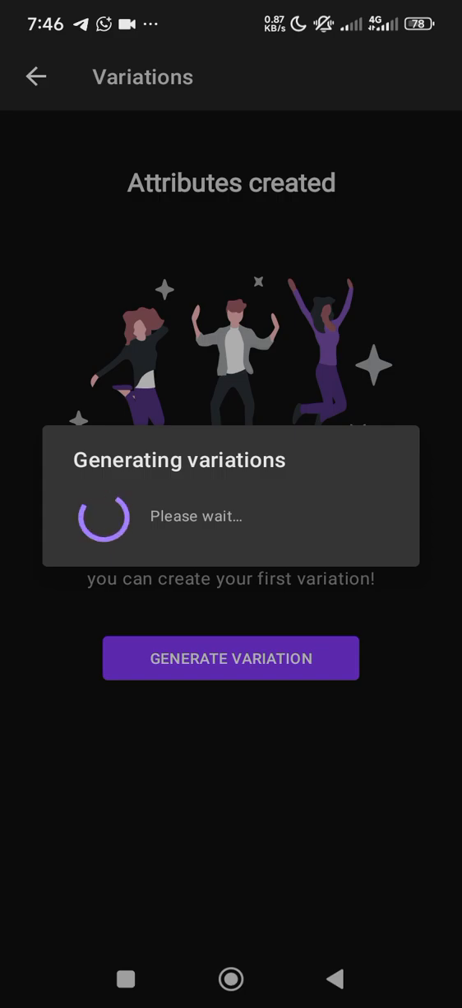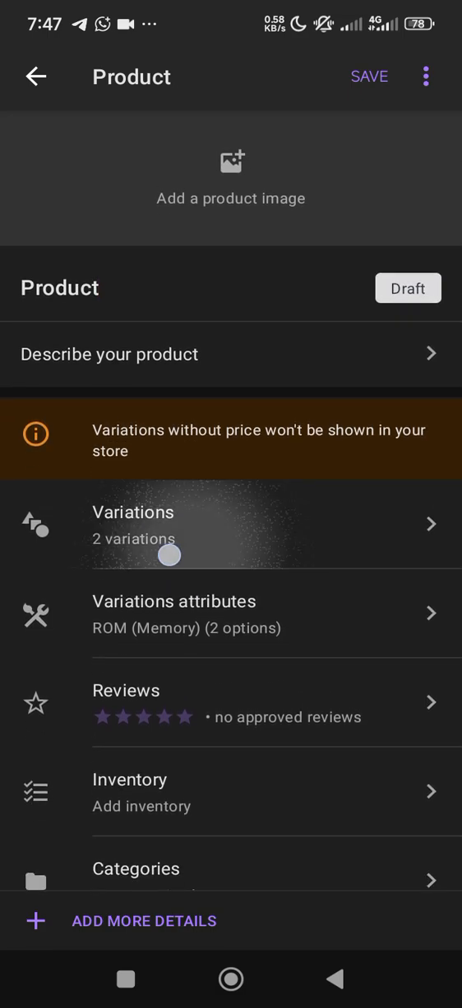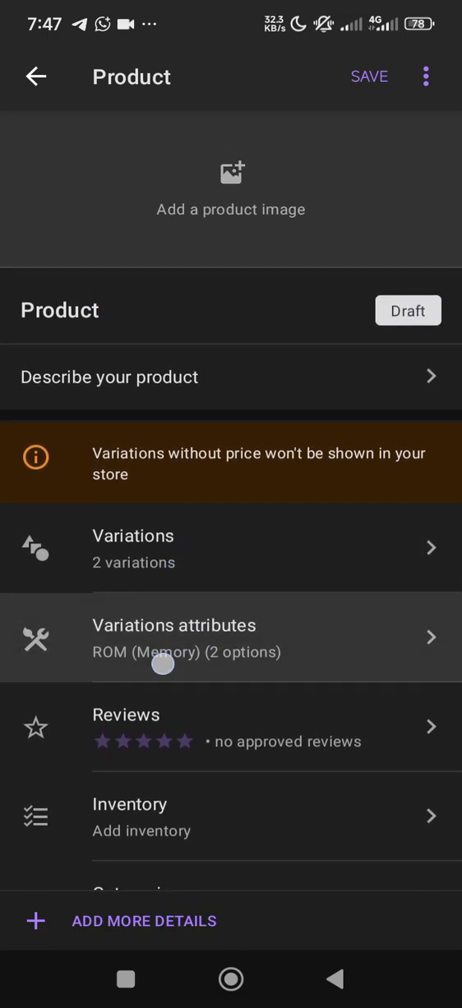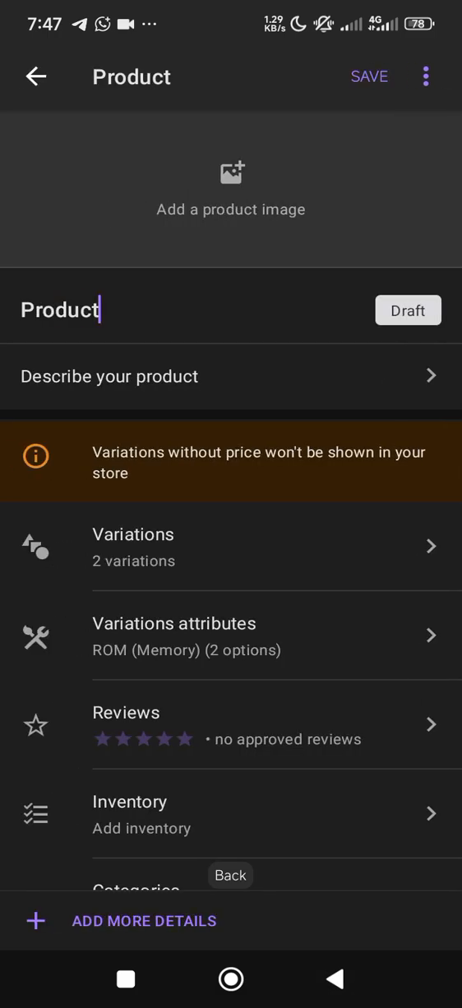Okay, so it is generating the variations, and once it's finished generating, then we can set them. Okay, so here now you have the variations. Look at them here, variation attributes. So when you come here, click on the ROM. Oh, sorry, not this. You have them here. When you click on that,